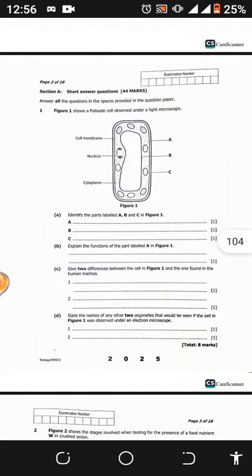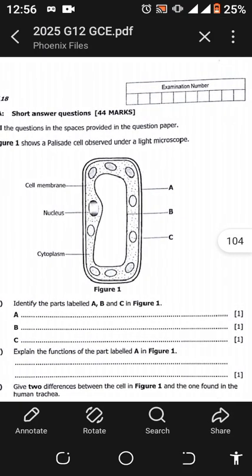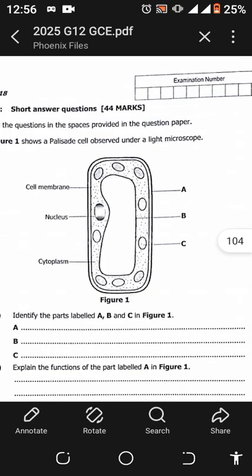So let us analyze this structure here properly. As we can see, this is a plant cell. Plant cells have a cell wall, by the way, and a vacuole. Animal cells also have vacuoles, but their vacuoles are temporary, which means that they don't last long. They are not permanent vacuoles. The vacuole is this white space here, the white space in the cell.